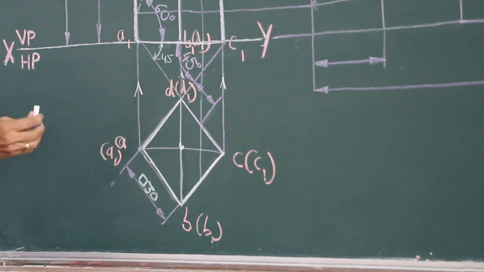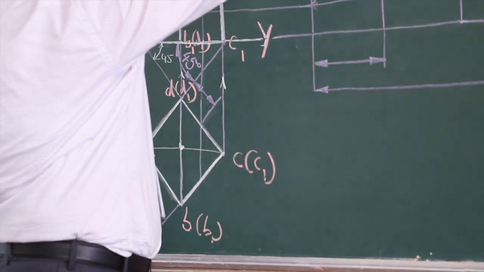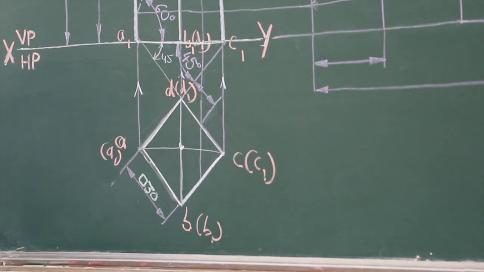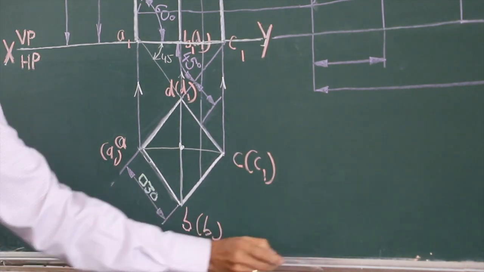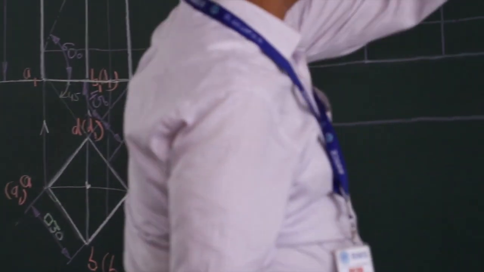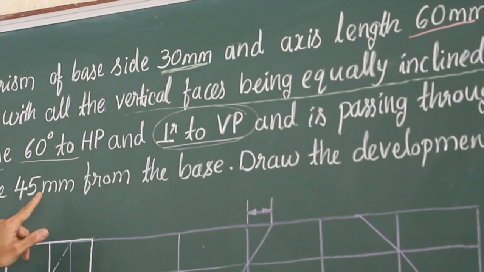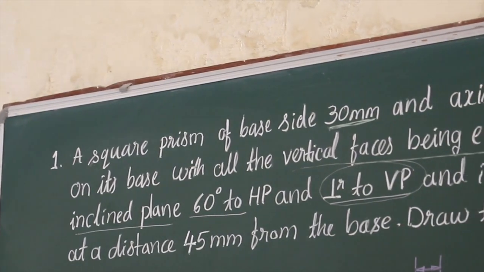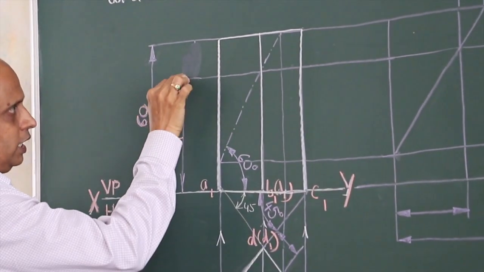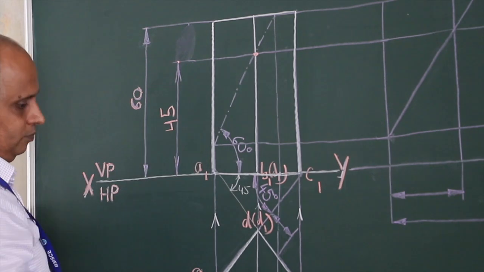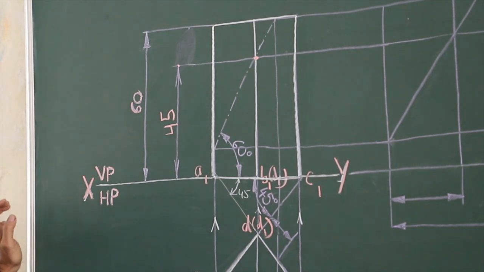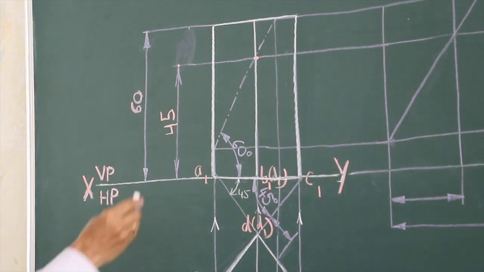Therefore, in this problem, you need to look at drawing a section plane on VP because the section plane is perpendicular to VP. Now, where is it cut? It will be given in the problem. He says it is cut at a point on the axis at a distance of 45 mm from the base. So, from base, take 45 mm and locate this point on the axis. Then introduce the section plane at an angle of 60 degrees to HP.